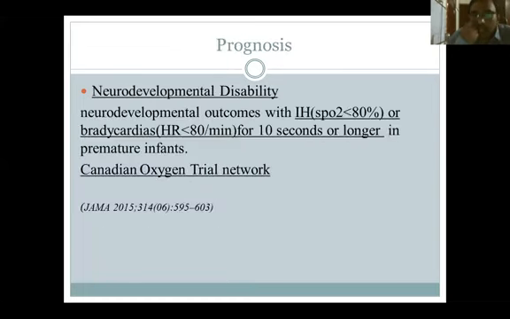Then at the end, for example, the parents will ask at discharge how our baby will do. So for documentation of apnea of prematurity, how many times the baby had a hypoxia or a bradycardia is very important to explain to the parents. For example,